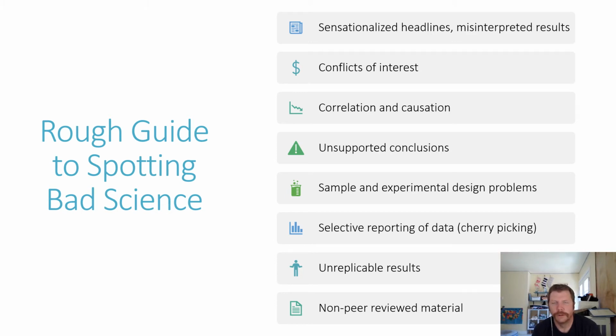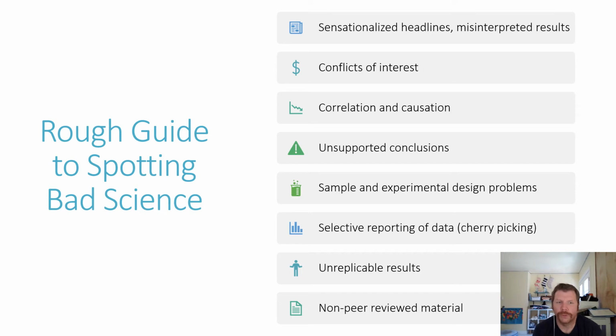But I suppose there are some more broad things to say. For instance, a sensationalized headline. If there's a conflict of interest, so if somebody conducting research is being compensated by the company who they're evaluating, well, that's entirely possible. That's a source of a conflict of interest, in which case they're going to be influenced by the person giving them money. If data is not reproducible, or if the kind of publication is not peer reviewed,